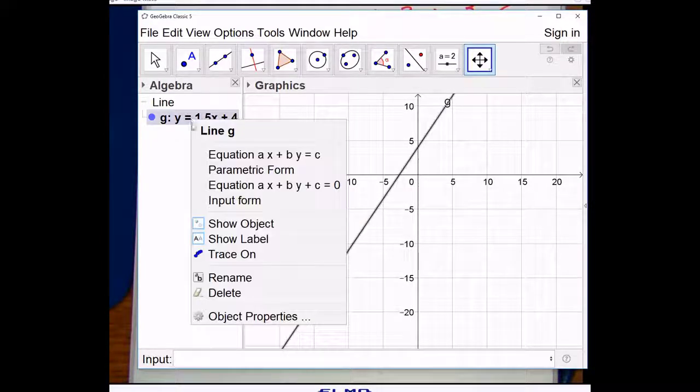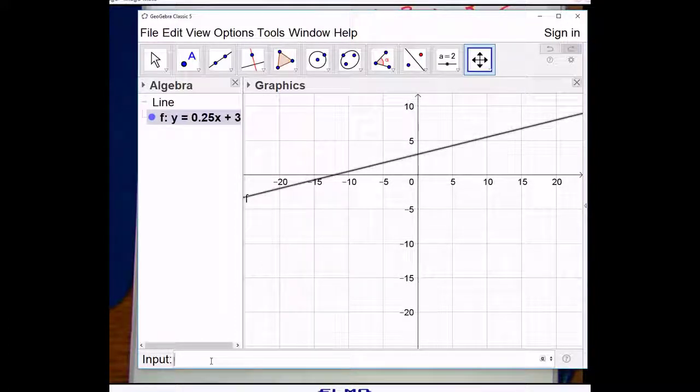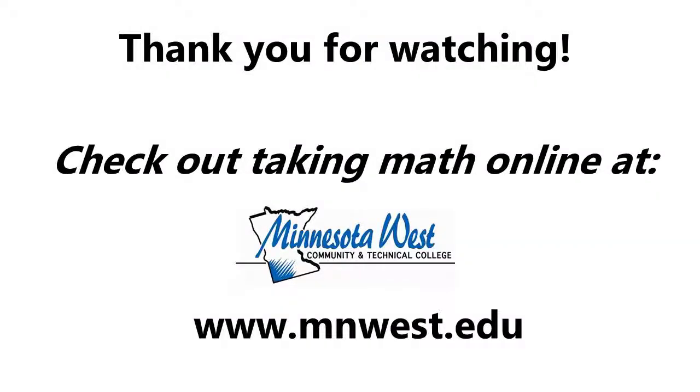Let's look at our second set of lines. We got that y equals 1/4 x plus 3. And for our second equation, we had y equals -4x minus 7. And again, you can see they're meeting up at right angles. So graphing these is an excellent way to check your work. In the next video, we'll talk about how we construct equations of lines that are parallel and perpendicular.